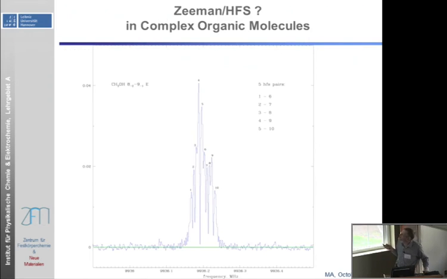For example, for a molecule like this, which is methanol. Methanol is used also in an astrophysical context as one of these candidate molecules where you can see variation of the proton-electron mass ratio over the years. And what you do is you look at certain A and E states, internal rotation states of methanol, in the lab, and from sources that are far away. So the light is millions or billions of years old, and you look for differences. And what we did last year actually is somebody asked me, how can you measure these lines to a precision of less than a kilohertz? I said, okay, of course, yes.